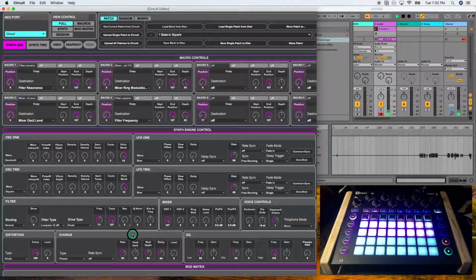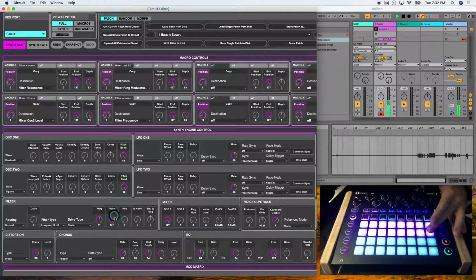Q norm alters the bandwidth of the peak created by the resonance control. It kind of eases the resonance. So if I turn up resonance here, it's taking out some of that squealiness. But Q normalization will not work unless resonance is operating. So keep that in mind.